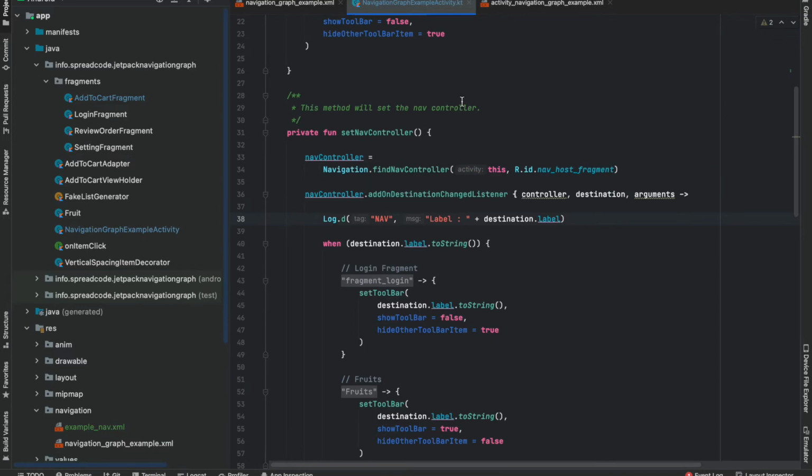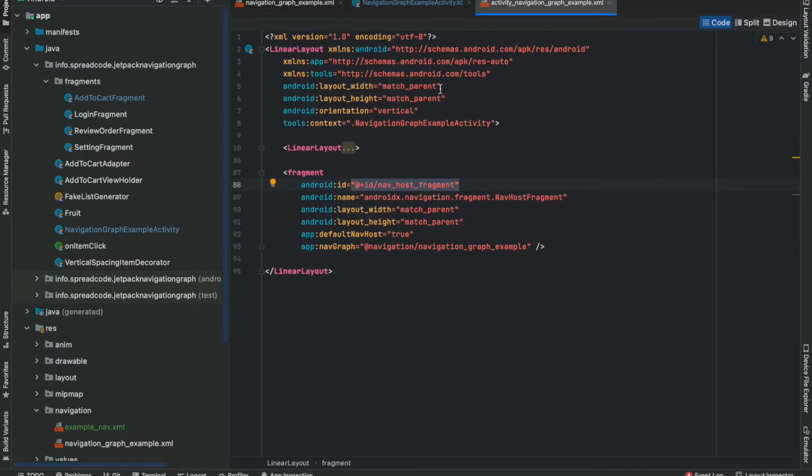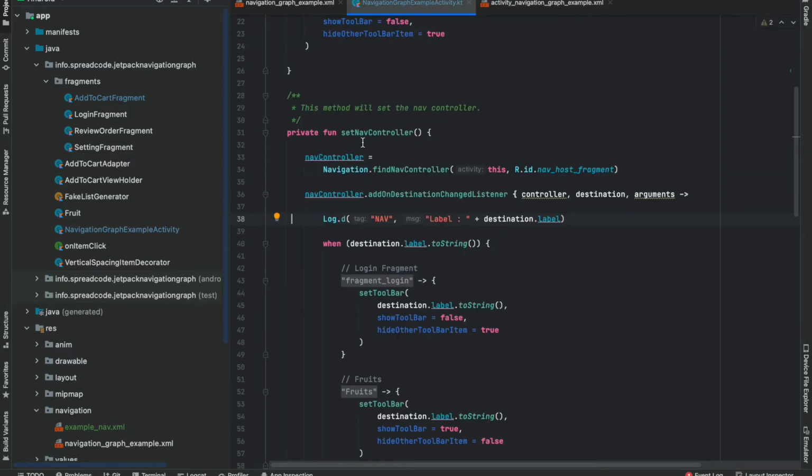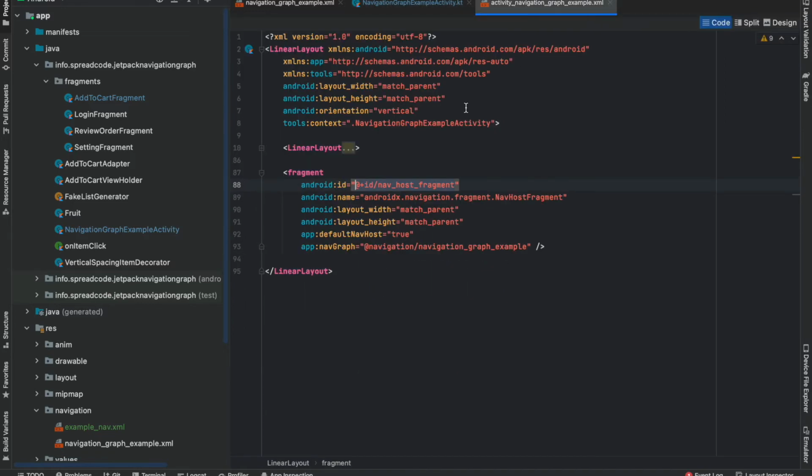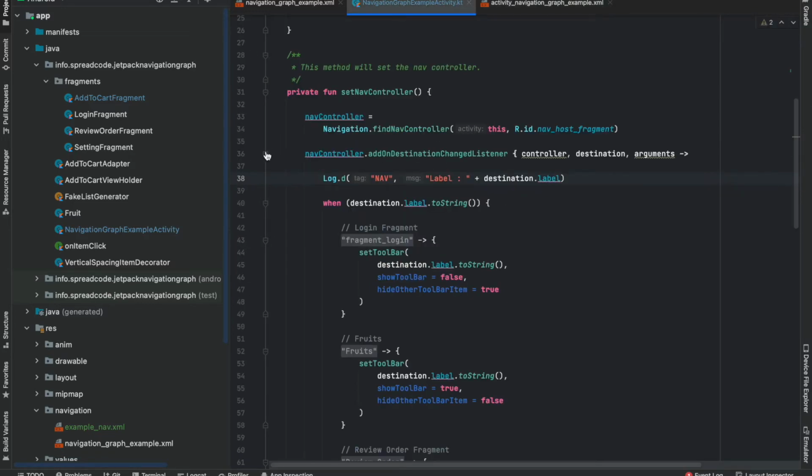So now I have created a nav host. I have got the navigation controller. Now through this nav host, the navigation controller also got the graph. I have supplied this graph to this nav host, and through this the navigation controller will get the graph, and the navigation controller will come to know what the source and the destination are for this particular graph, and then the navigation controller will be able to manage that.